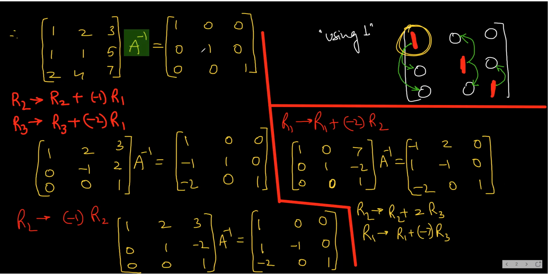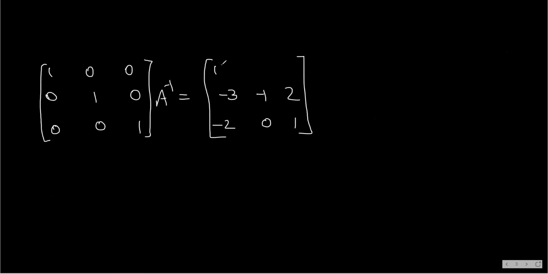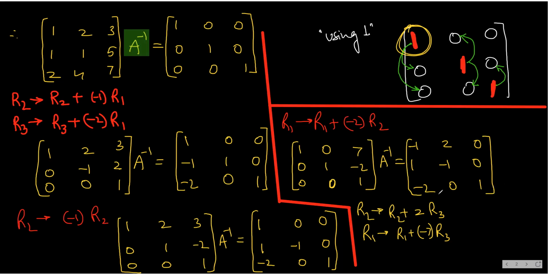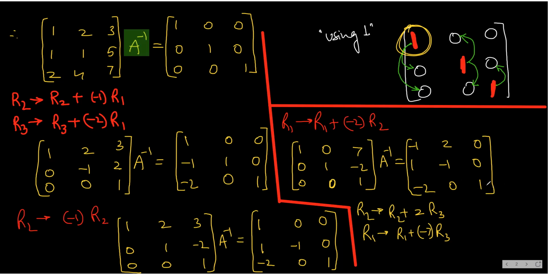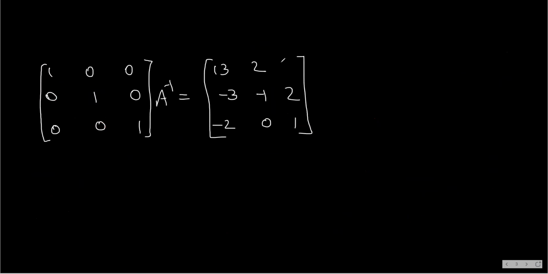When you multiply minus 7 here, this will become minus plus 14. And you add, so this will become 13. So here you got 13. Okay. When you multiply minus the 0, so this will be 2 only because there is 0. And when you multiply minus 7, you add, so this is minus 7.